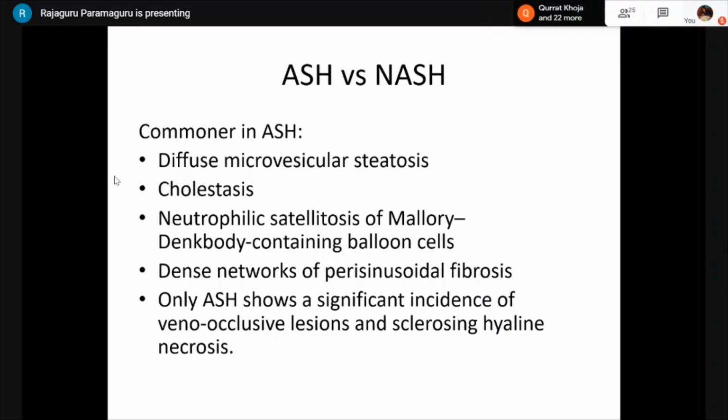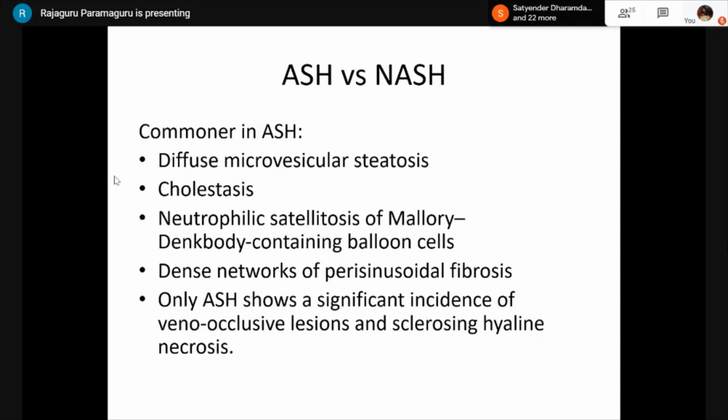Then is between alcoholic steatohepatitis and non-alcoholic steatohepatitis. I think last session we had a question about this. So what is more common in alcoholic steatohepatitis? There can be alcoholic foamy degeneration, that is microvesicular steatosis, diffuse type, though that might not be seen in all the biopsies. Another thing is that it can have a mixed type of steatosis. There can be macrovesicular, and certain cases can have some amount of microvesicular type also.